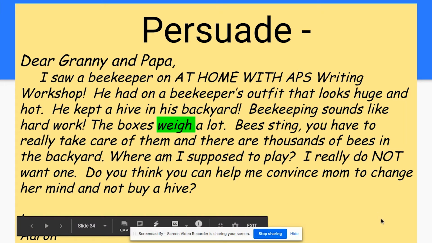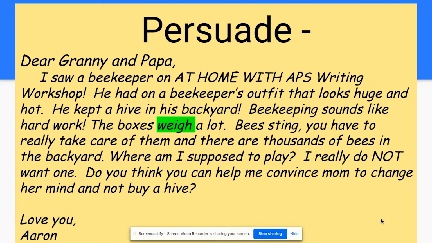I saw a beekeeper on At Home with APS Writing Workshop. He had on a beekeeper's outfit that looks huge and hot. He kept a hive in his backyard. Beekeeping sounds like hard work. The boxes weigh a lot. Bees sting. You have to really take care of them, and there are thousands of bees in the